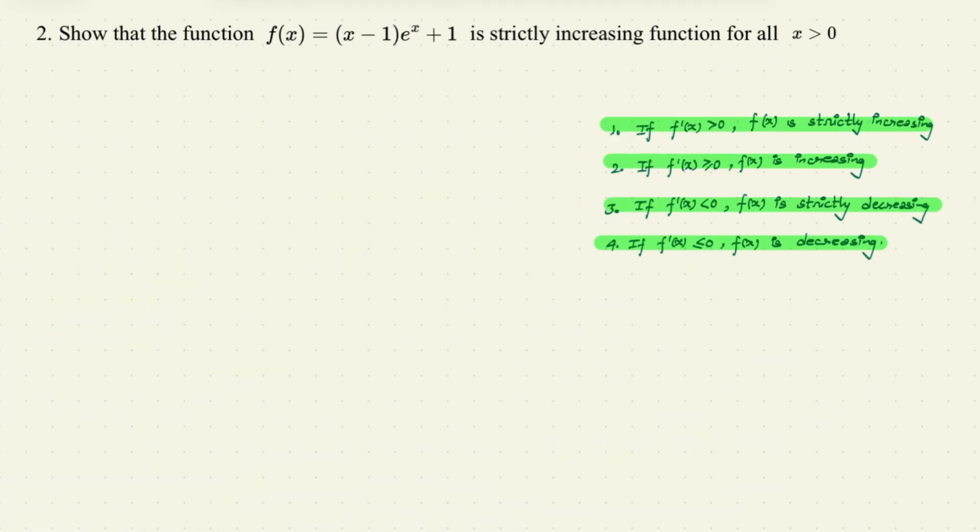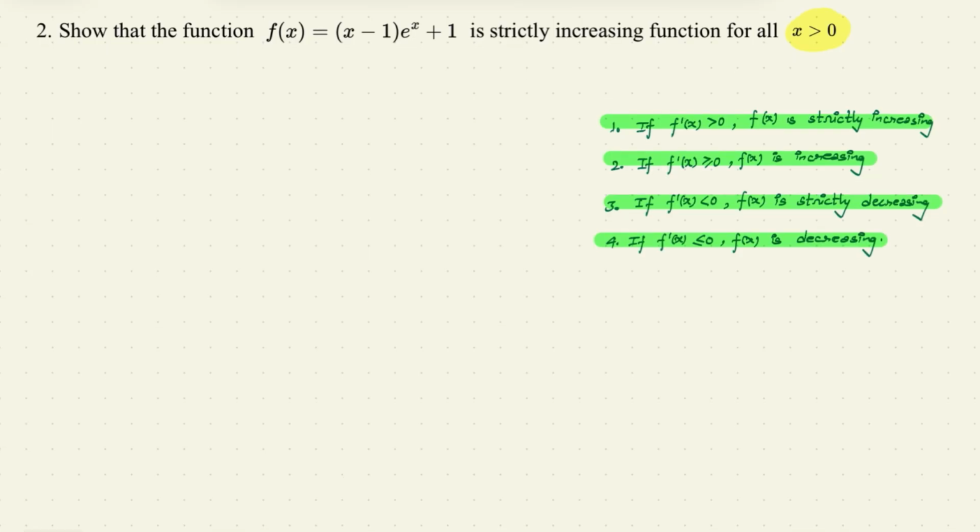Question 2. Here we have to show that this function is strictly increasing for all x greater than 0. Note that they have already said that the value of x is greater than 0. That means the value of x is positive only, the positive real numbers. Now, since the given function is f(x) equals (x minus 1) e to the power x plus 1,